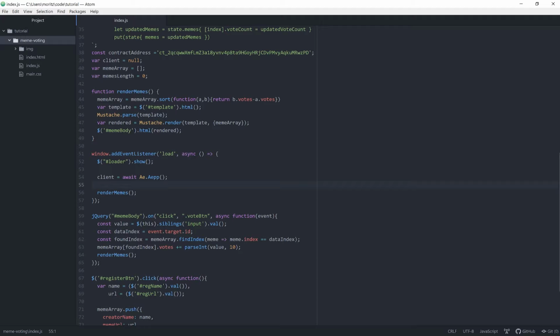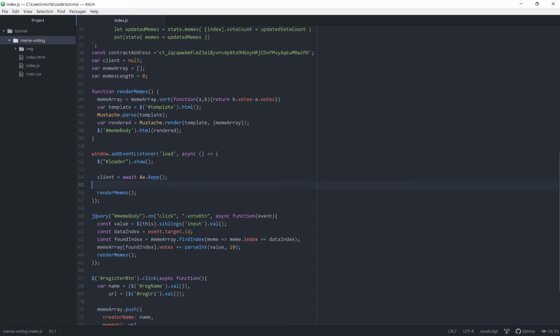The way dApps can be accessed on Eternity is through a dApp browser, which is inside the Eternity base app, for example. The base app is a web app. This is great because it can't be stopped by any censoring entities. This is a problem for native blockchain apps that can be censored by Apple and Google in the app stores. We can access the user's wallet if they allow it and make transactions to vote on memes, for example.